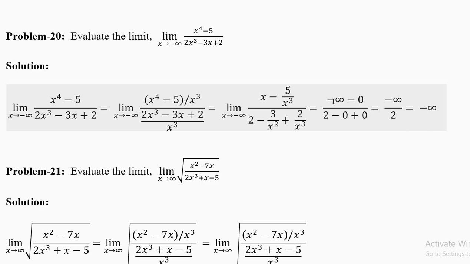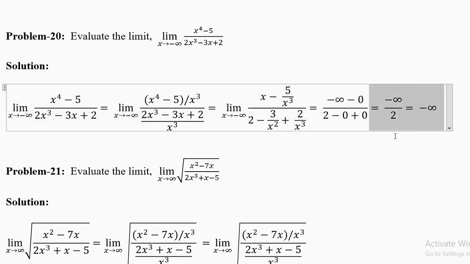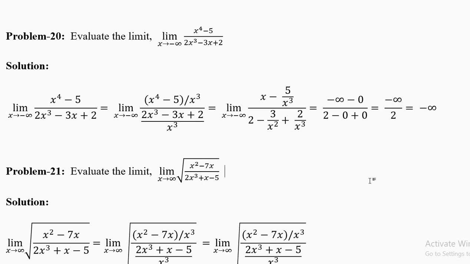Now this is minus infinity minus 0. This 2 will be as it is. When you take the limit up and the limit down, you'll get 2 minus 0 plus 0. Look at the previous questions. Now minus infinity by 2. If you divide a big number by 2, you will get a big number. So we'll again write minus infinity. Actually, in mathematics, these last two steps are not good to write. I have written this for your understanding. In mathematics, we are not allowed to write like that. But for your understanding, I have written it. So big number divided by 2 is another big number. If the big number is negative, copy the minus sign.